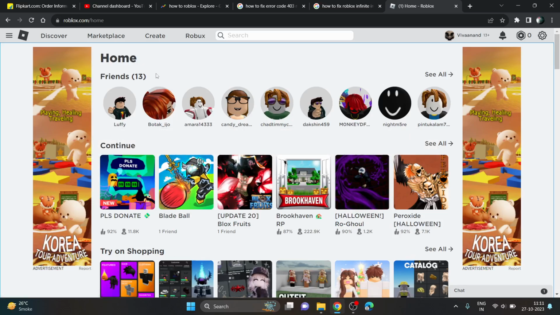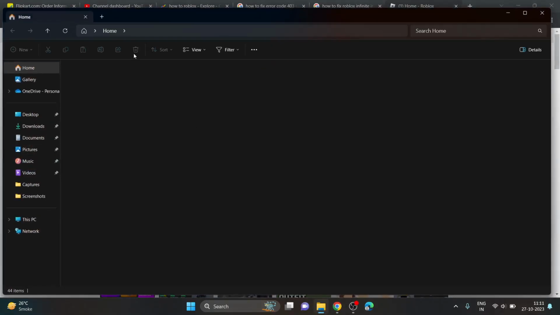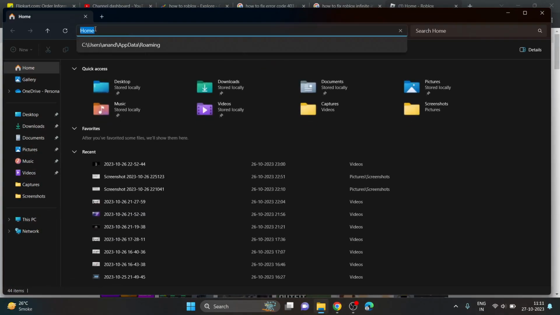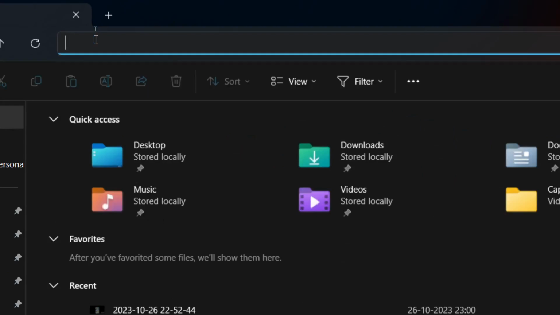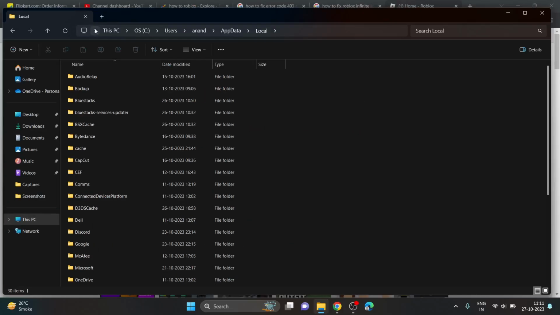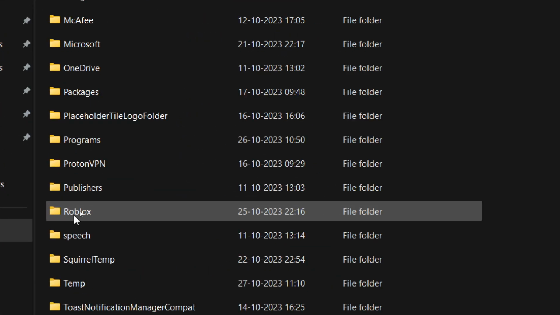So first of all, you have to open File Explorer, and here you have to enter this keyword: %localappdata%, and then press enter. You will be redirected into this folder, and now you have to click on this Roblox